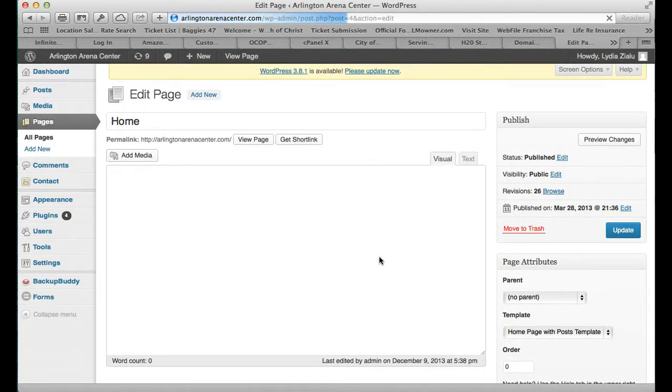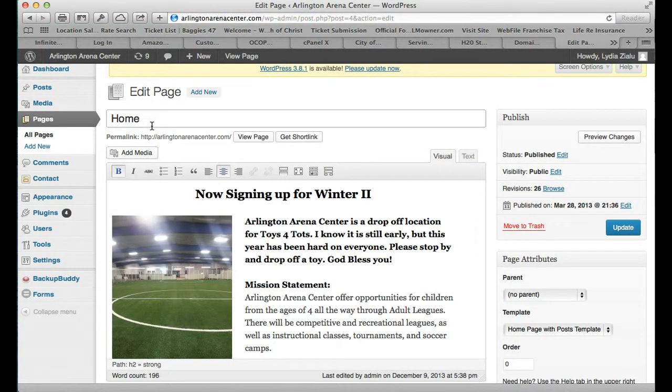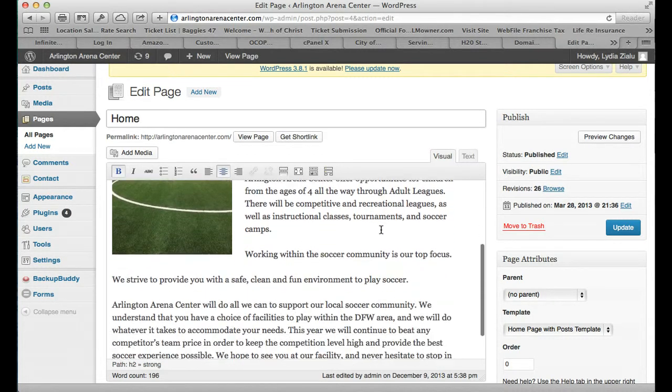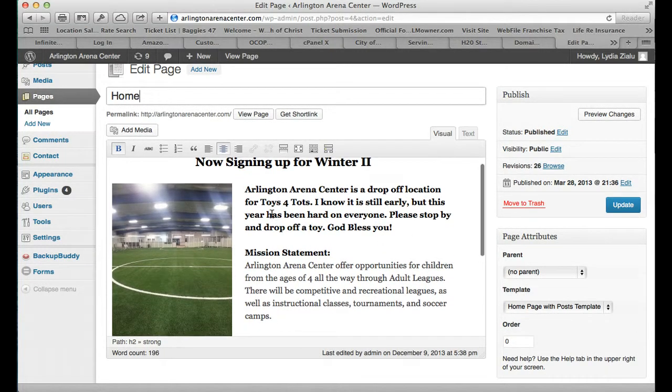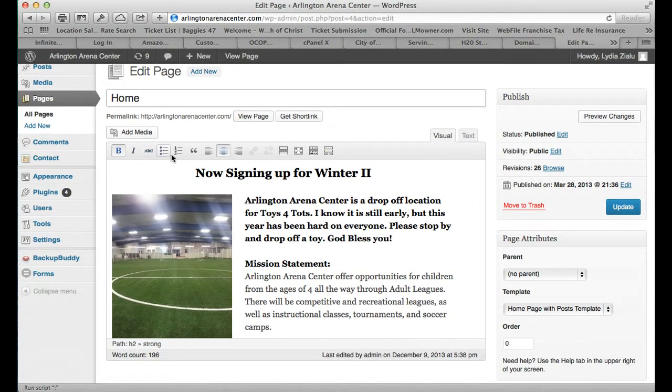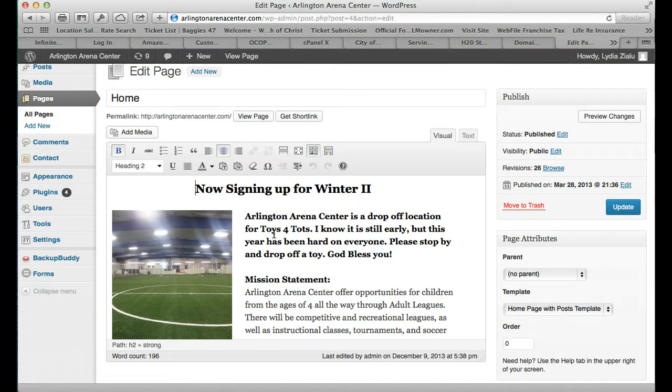You'll notice that this up here is the name of the page, which is going to show up in your menu bar, and also it'll show up as you look at the pages. Here are the different words and so forth that you can change. You notice it's just like a regular word processor right here. And if you want to make a change, you can come in here just like a word processor and make the change. Let's just say I wanted to add on here